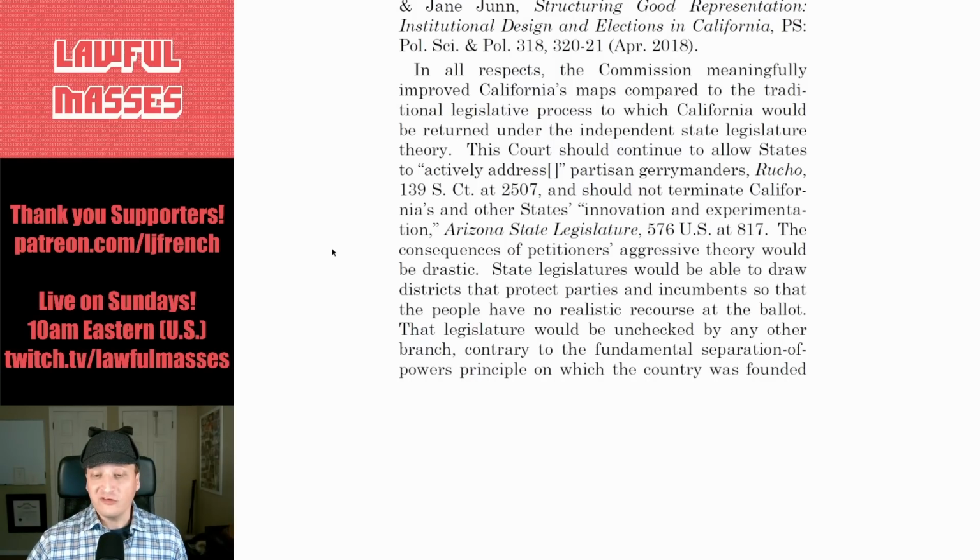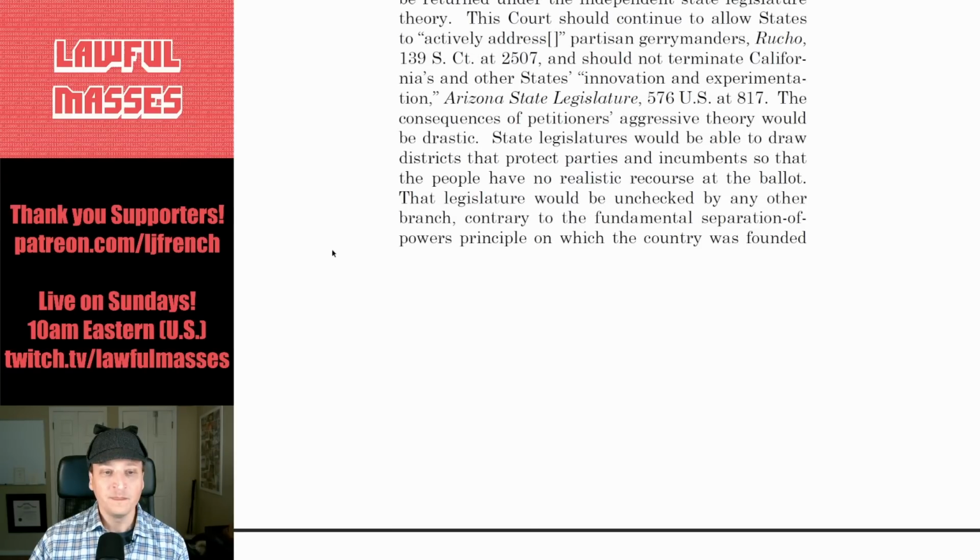This court should continue to allow states to actively address partisan gerrymanders, see Rucho, and should not terminate California's and other states' innovations and experimentation, as in Arizona state legislature. The consequences of petitioners' aggressive theory would be drastic. State legislatures would be able to draw districts that protect parties and incumbents so that the people have no realistic